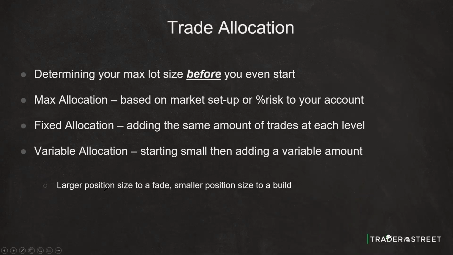See what I mean? Anyway, the larger position size to a fade, the smaller position size to a build. So that means 1, 2, 3, 4, 5 on a fade. And then if it's building, you do 5, 4, 3, 2, 1. If it's going in your direction,